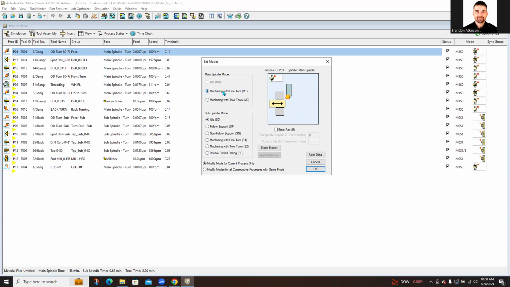So I'm going to say, I want to be machining with one tool on the main, and I also want to be machining with one tool on the sub at the same time. And you see this picture changes to give you an idea of what's going on. Now, we're not going to do this for this particular job. But let's say you wanted to be pinch turning, you could just say machining with 2 tools on the main. If you want to be pinch turning while supporting with the sub, you just check follow support with